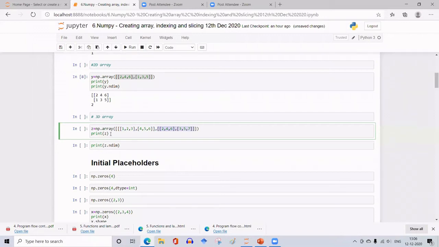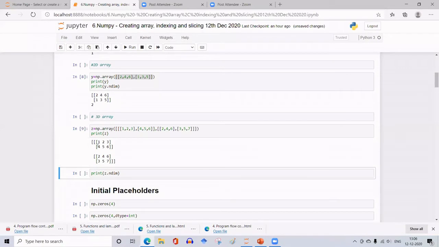So how does it look when we print this array? Let me execute this. So first one is this, and behind this will be the second element along the axis 2. Okay, so this is axis 0, axis 1, and axis 2.